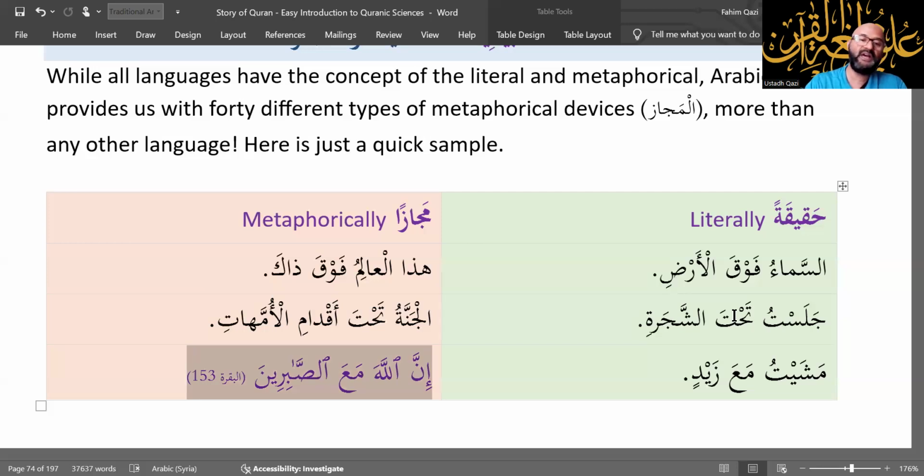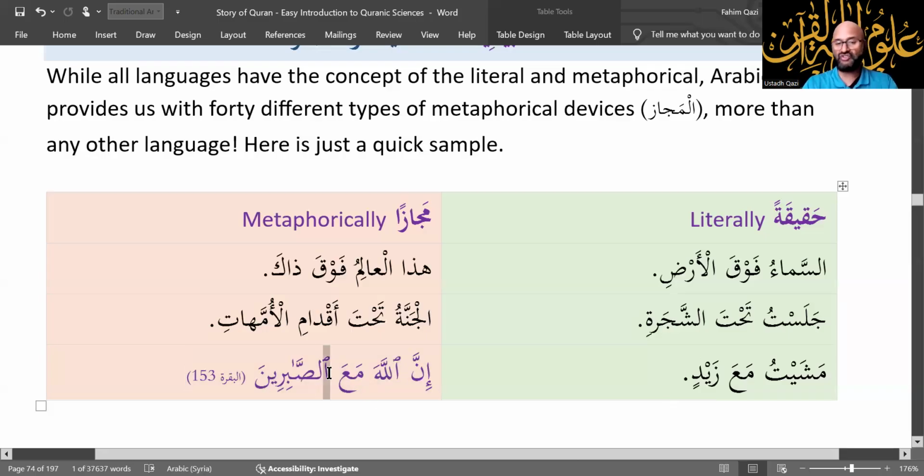But here, if you look at this verse in the Quran, أعوذ بالله من الشيطان الرجيم إن الله مع الصابرين. Surely Allah, this again is tawqid, Allah is with as-sabirin, with the ones who are patient. Does that mean Allah is physically with them? No. Astaghfirullah, a'udhu billah, hasha lillah. It's impossible. Allah is not physical like everything else that is physical objects. So we cannot take this verse literally. It's metaphorically true, meaning that Allah's mercy, His help, His guidance is with the people who are as-sabirin, the ones who are patient.